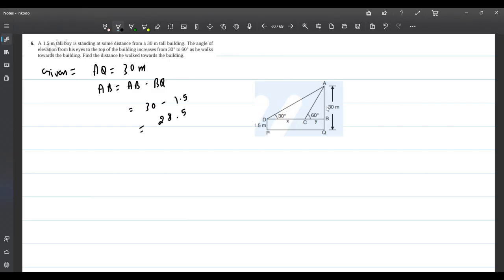देखो, ये वाली जो साइड थी, ये बिल्डिंग है, तो अपने को कितने गिवन है 30, और यहाँ पे कोई बच्चा खड़ा है, वो कितना है, 1.5 मीटर का। तो अपने पास क्या है, ये पूरी 30 गिवन है, और ये क्या है, डीपी क्या है, 1.5। तो बी क्यू जो साइड होगी, वो क्या होगी, ये वाली साइड जो होगी बी क्यू, ए क्यू माइनस बी क्यू, तो दिस इज इक्वल टू 30 माइनस 1.5, so this is equal to